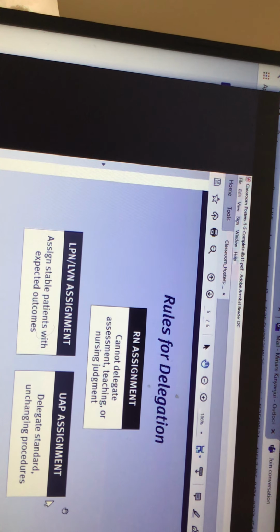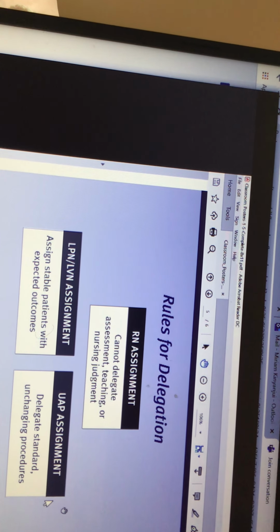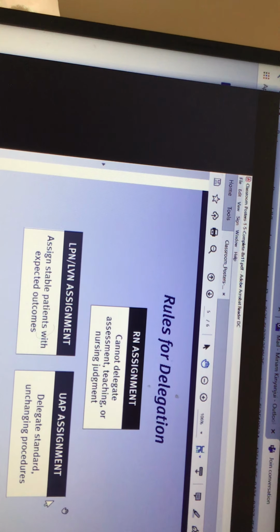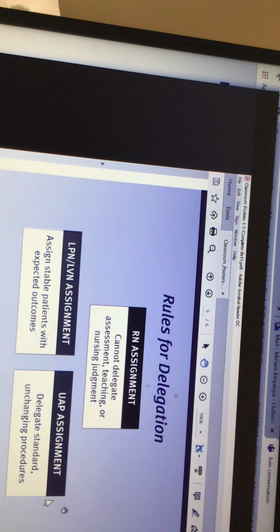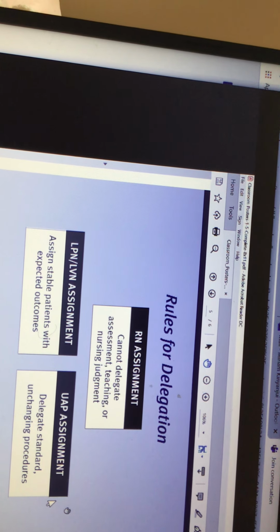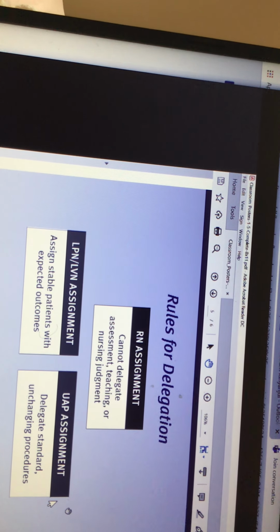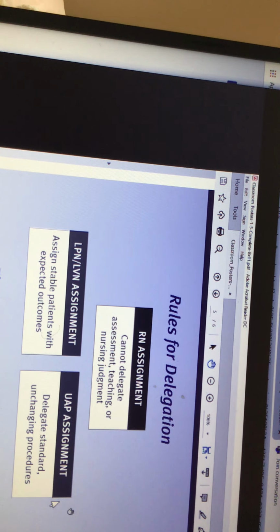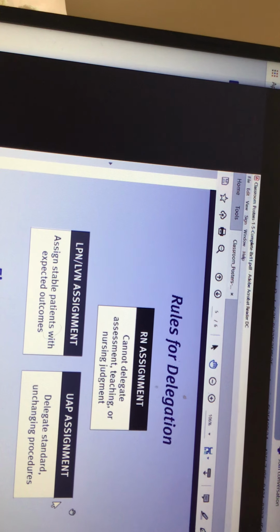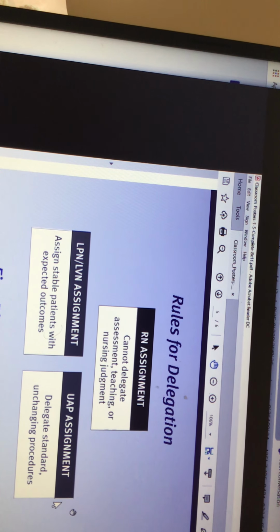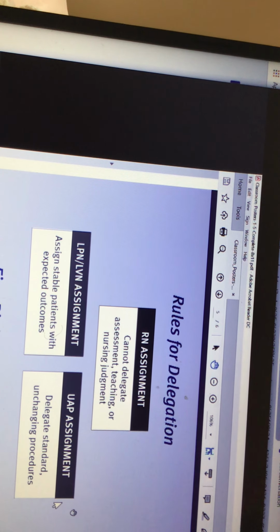And yes, that very well. I guess I would have to see the question, but it might. But according to what this has, and it's always been, unless they've changed that part, which I haven't heard, that's still part of assessing, and only the RN can. Now, as an LPN, when you're taking your test, you're not going to get